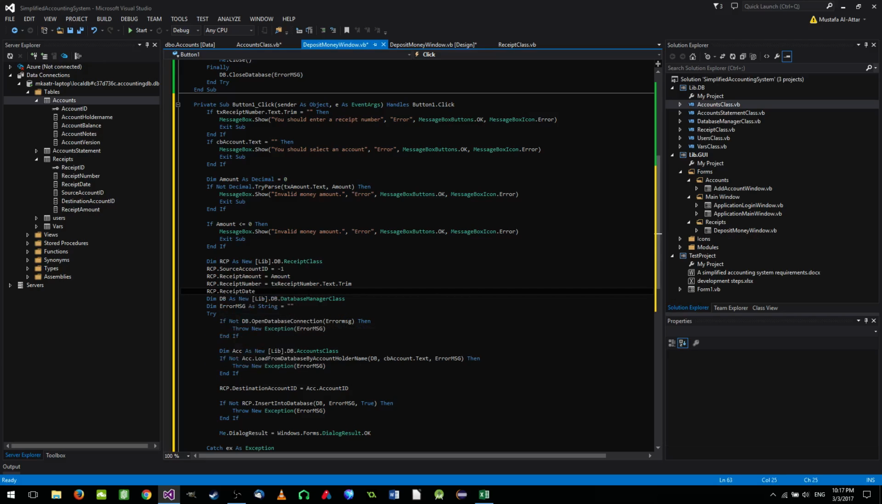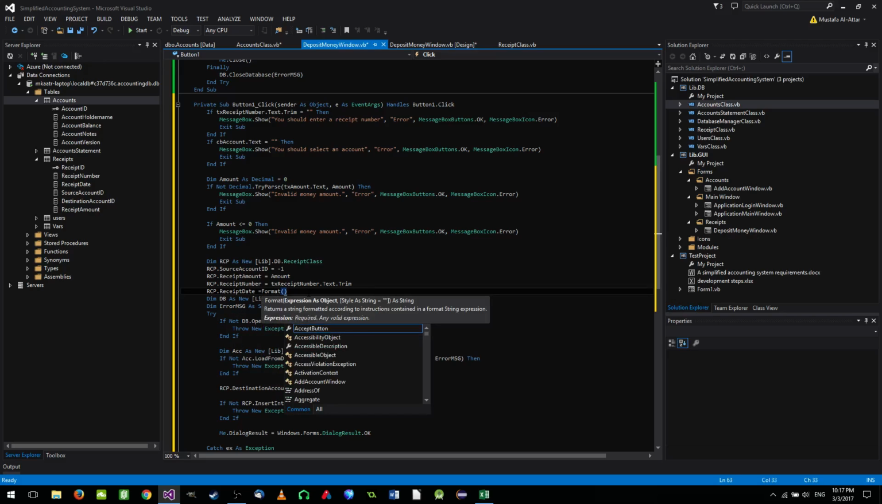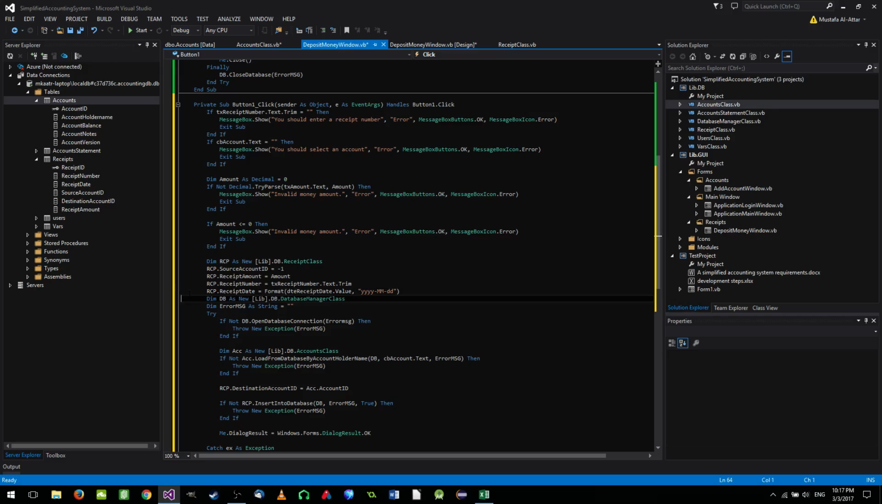rcp.receipt date equal format. This is going to be DTE receipt date dot value followed by yyyy-mm-dd. Now this field is text or a string, but the date time picker returns a date object. The value here returns a date object, not a string, and it has a different format when you convert it. So I will use a format function and ask the .NET runtime to convert that date into yyyy, which is the year, followed by the month, followed by the day. Okay,